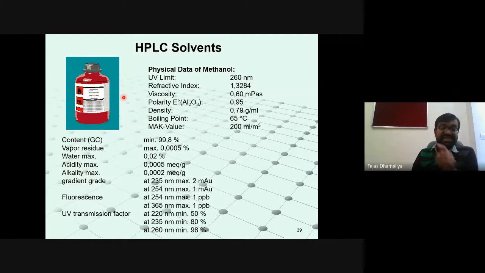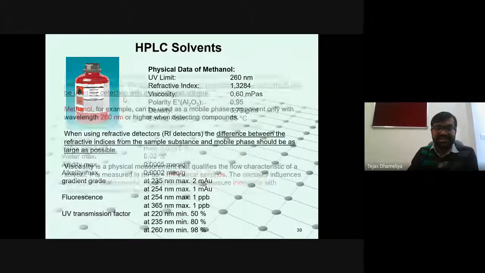But remember, these are the solvents which are used in HPLC. They are not simple solvents which are used in synthesis or for routine purposes. They should be of HPLC grade. There should be no impurities, and they should be highly pure solvents. Along with that, they should not have any particulate matter. This pre-processing of the solvent is also required, even if they are commercially available and sold in bottles like this.